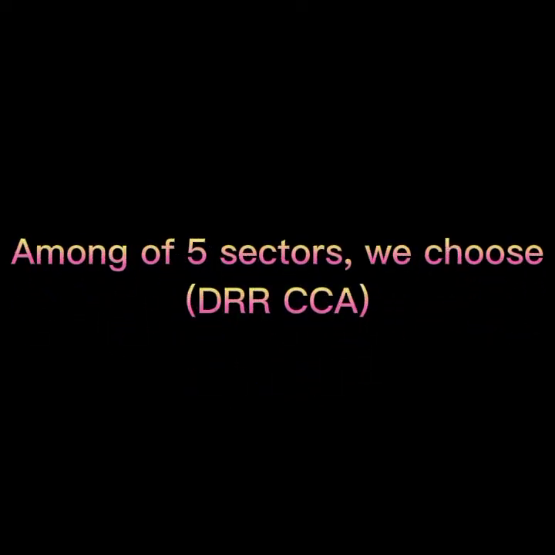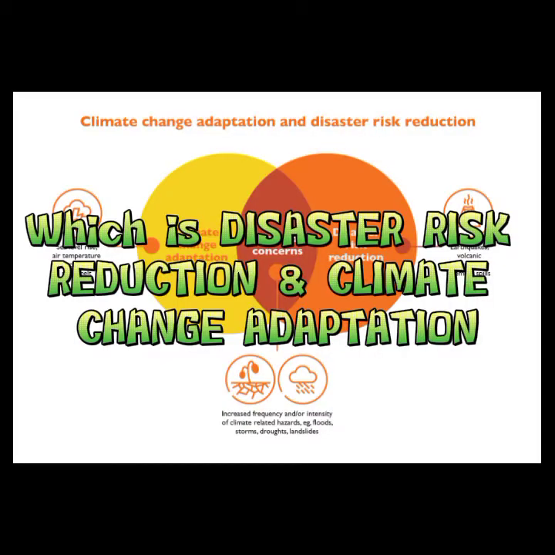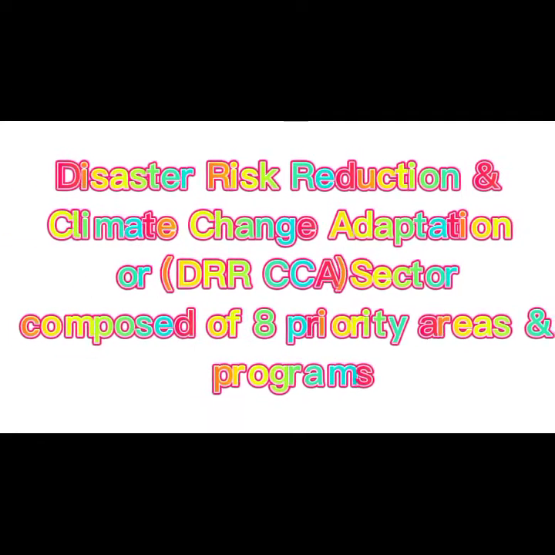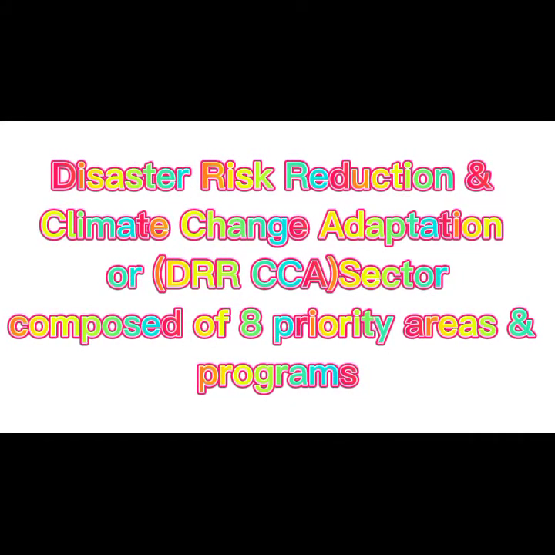Among the 5 sectors, we choose DRRCCA, which is Disaster Risk Reduction and Climate Change Adaptation. The Disaster Risk Reduction and Climate Change Adaptation or DRRCCA sector is composed of 8 priority areas and programs, namely